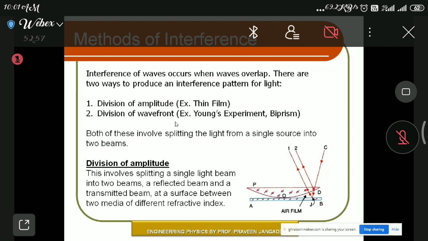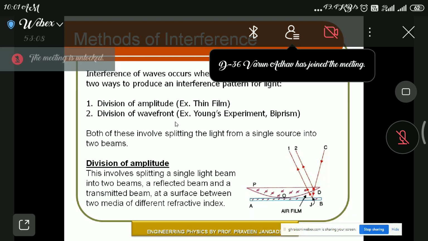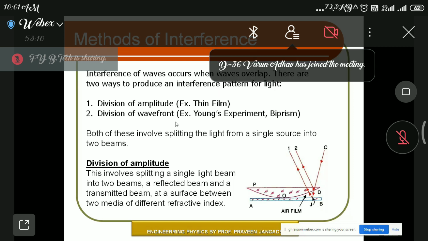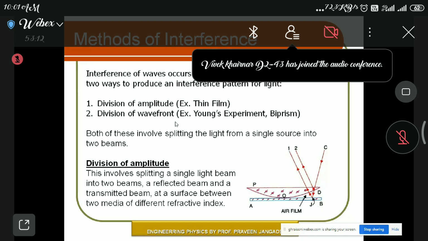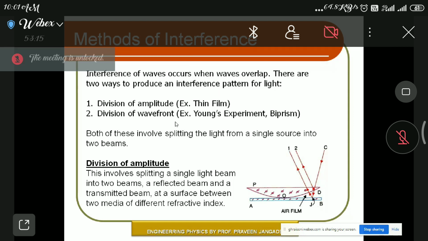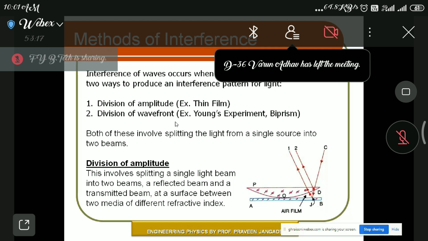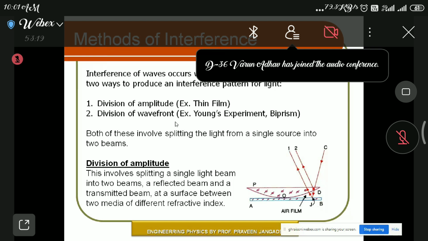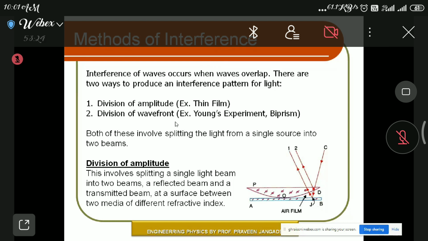To understand the division of amplitude, first we have to understand the thin film. So what is a thin film? The entire chapter, or the unit, is based upon the thin film. Any rough idea, anyone? What is a thin film? No one? Okay. So a thin film is basically a film